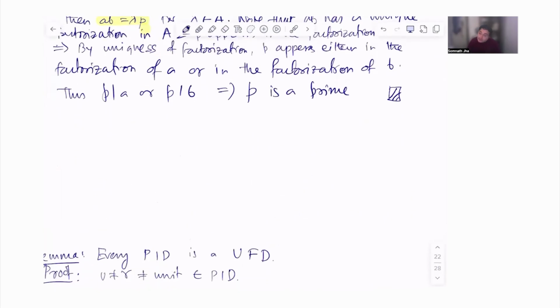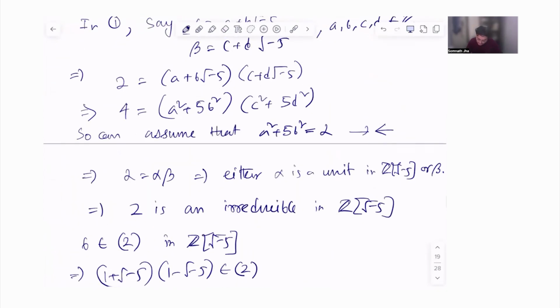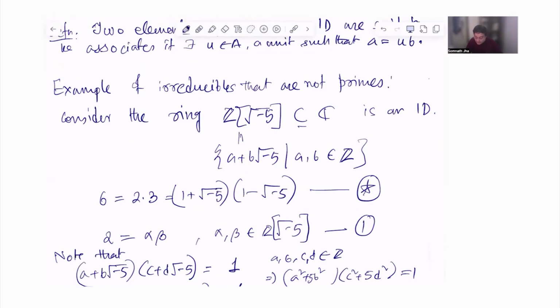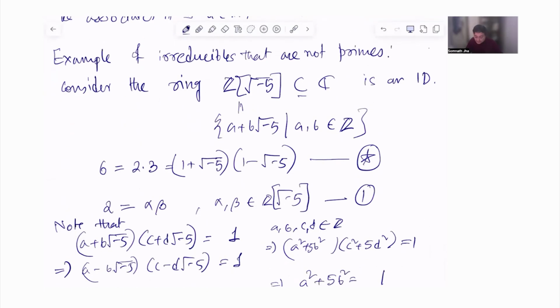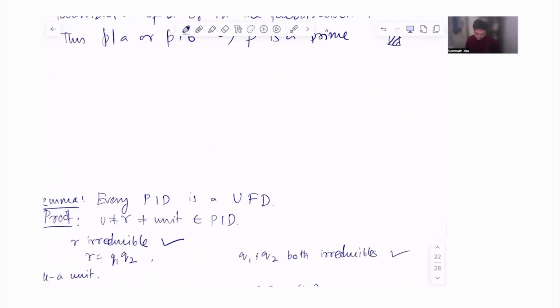So in particular, we saw this example earlier: Z root minus 5 inside C. Here you had two different factorizations. Z is a UFD. We saw the fundamental theorem of arithmetic, and now we saw that every irreducible is prime in a UFD. So here we saw 2 is an irreducible which is not a prime. So we conclude that Z root minus 5